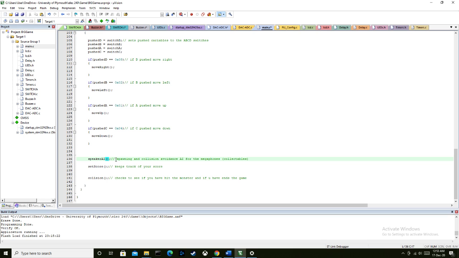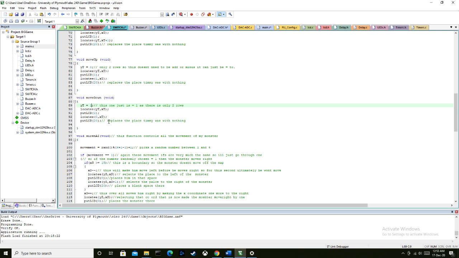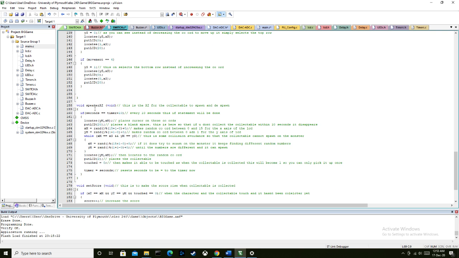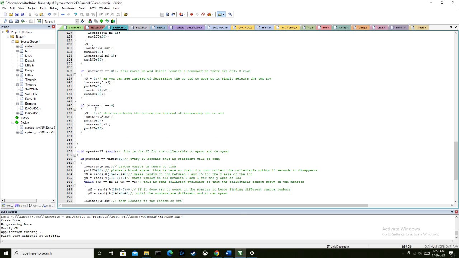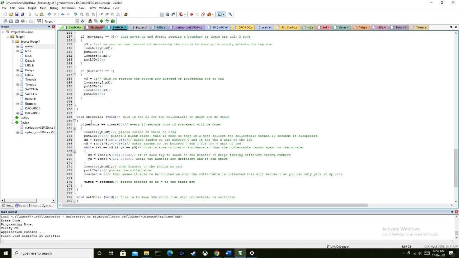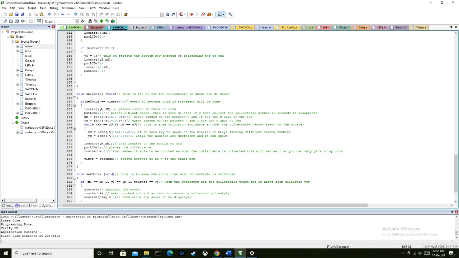Now we've got the speaker AI. Speakers are the collectibles in my game. They're going to spawn around the map randomly every 10 seconds. This is also in my switch file. So speaker AI is here. This is basically going to, every 10 seconds,